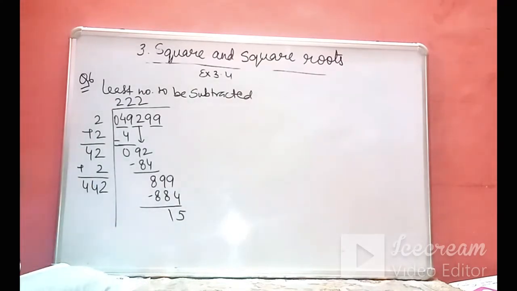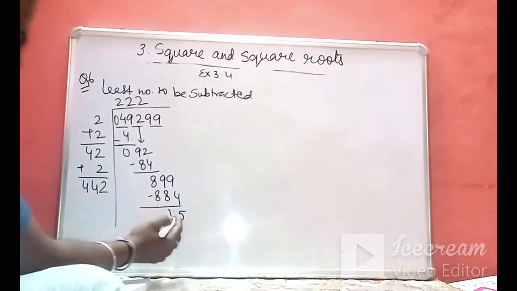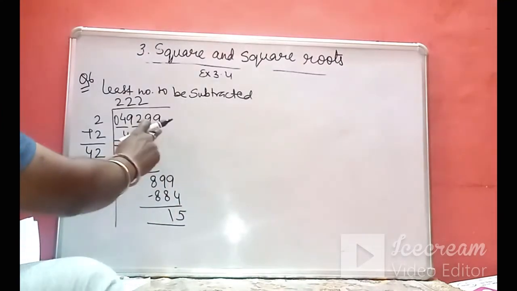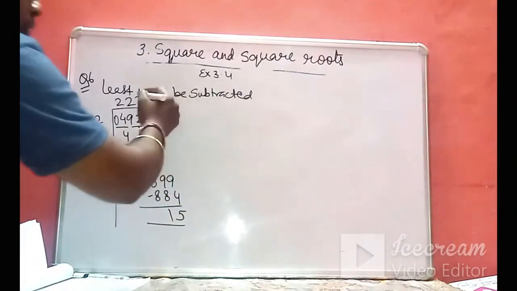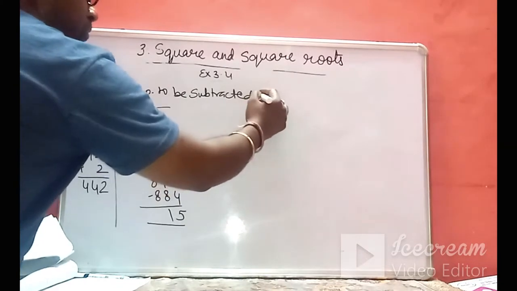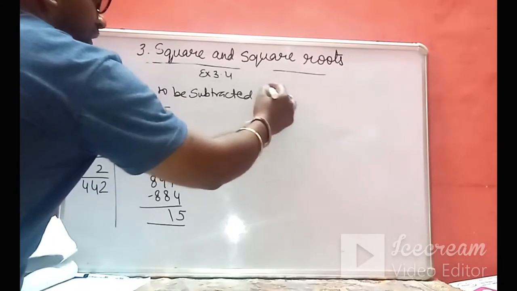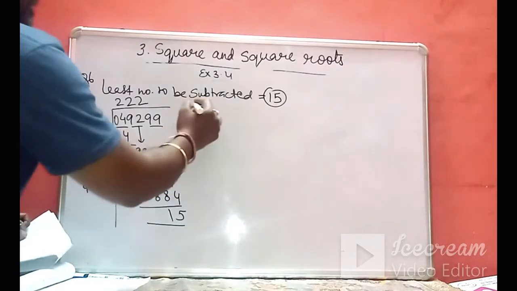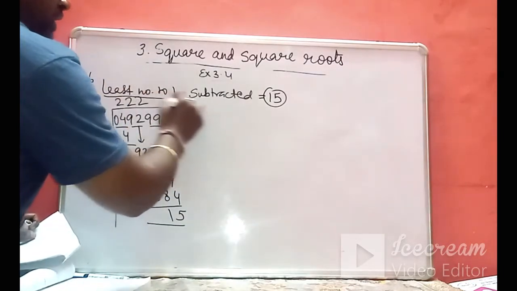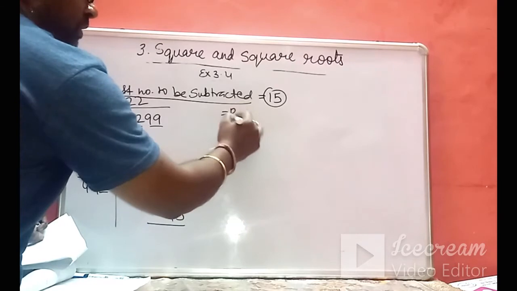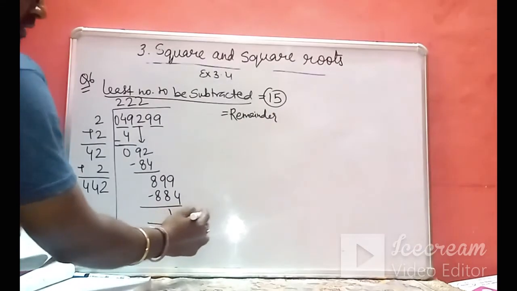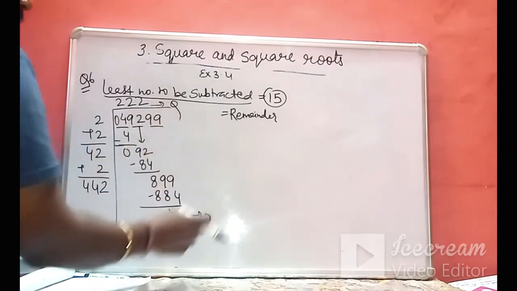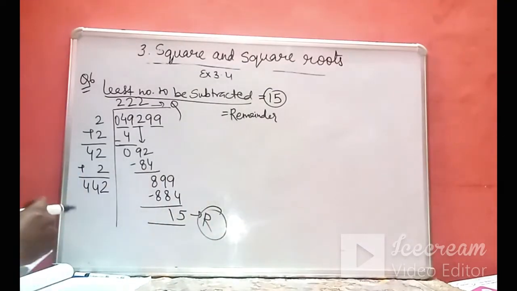Now no more pairs are there. Now just think, if 15 would not have been there, then this number becomes a perfect square. So if I remove this 15, the least number to be subtracted will be 15. Okay, or we can say, if we have to find the least number to be subtracted, our answer will always be the remainder. Okay, this is the remainder and this is the quotient, so our answer will be the remainder whenever you have to find the least number to be subtracted.